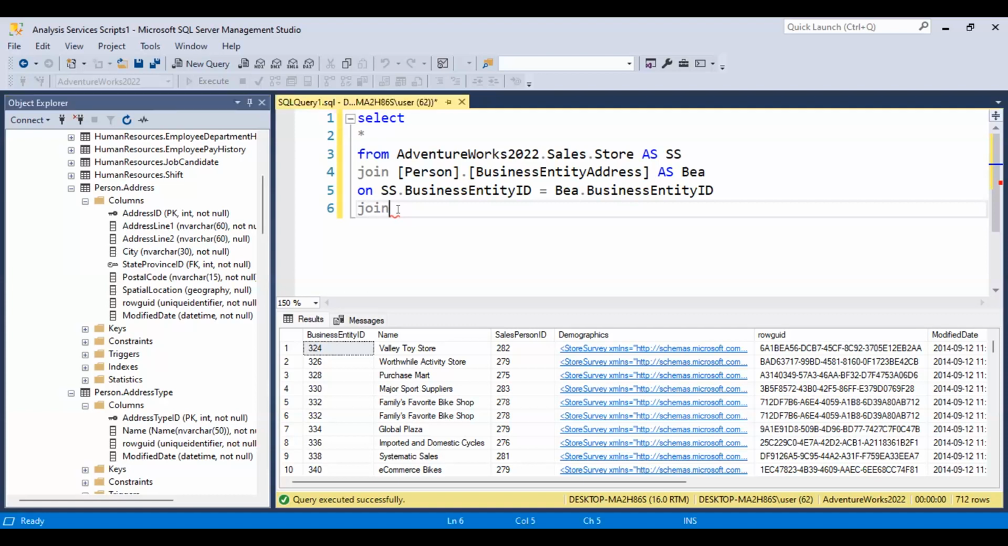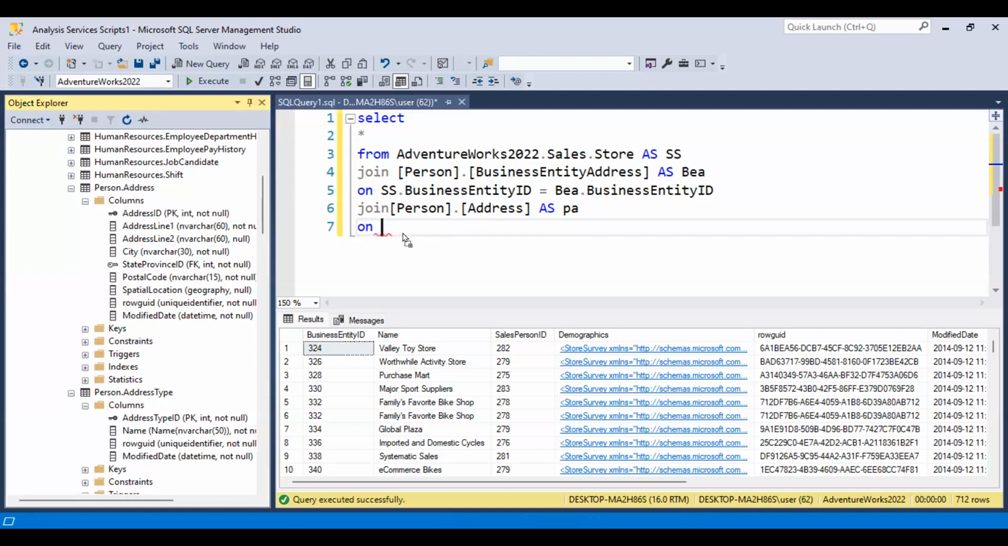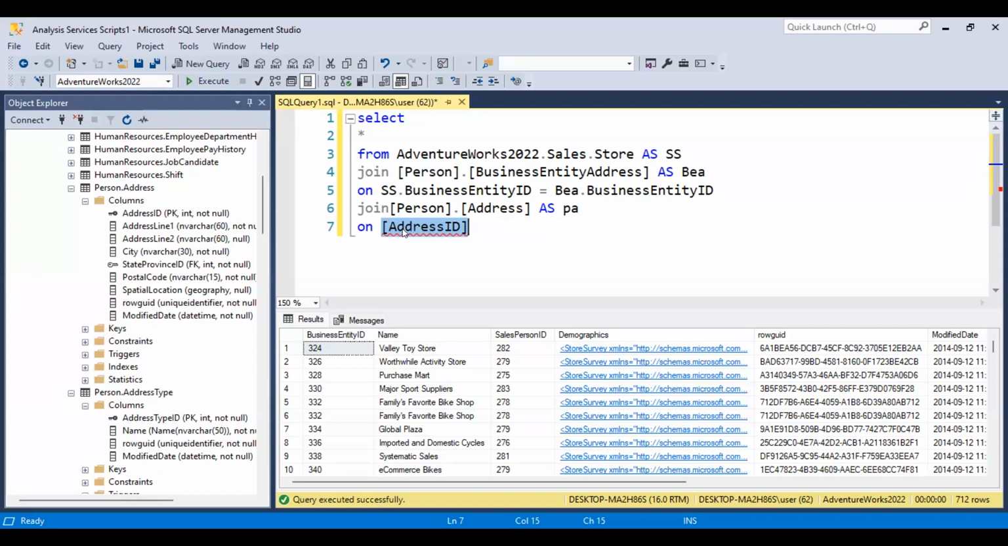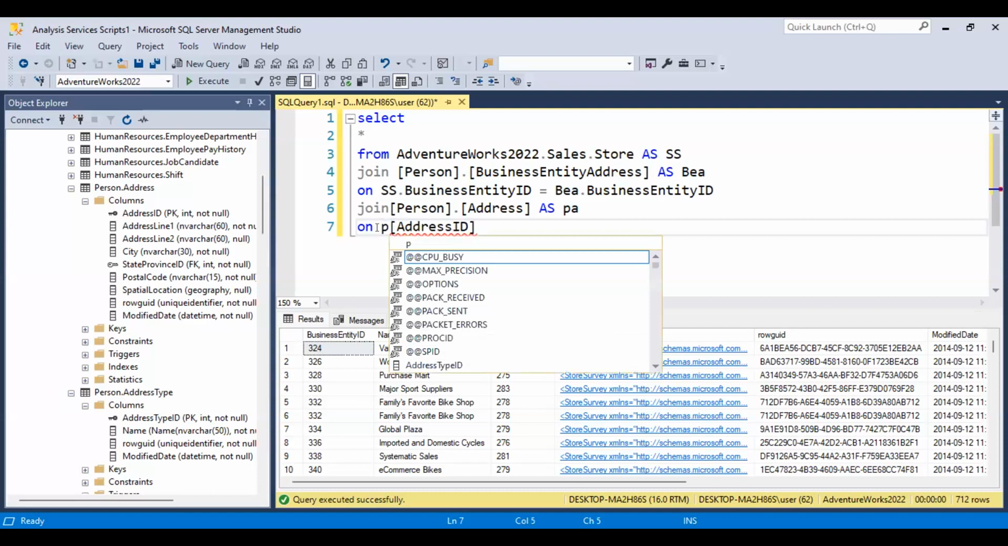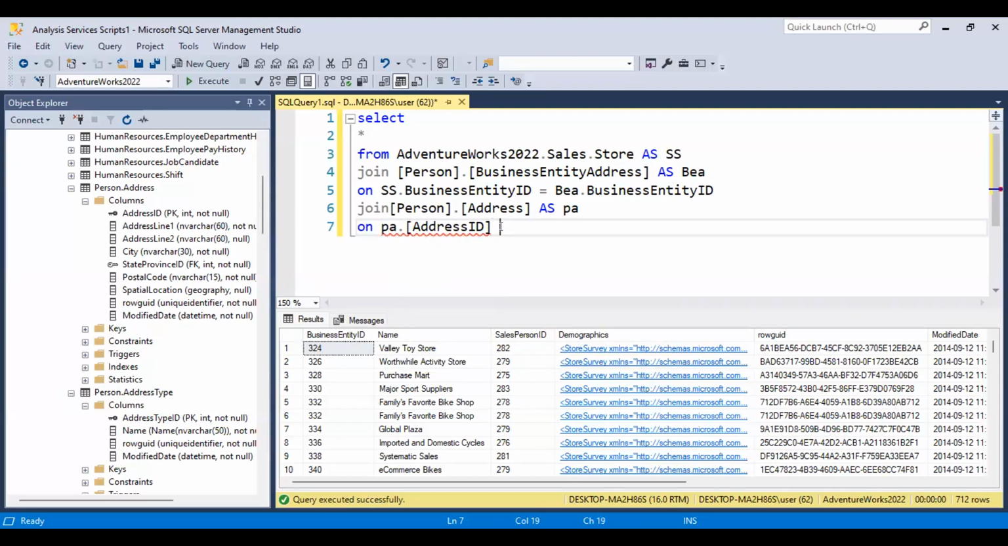So let's just continue. Join, what are we joining now? We are joining this as PA. PA is fine. PA on this. Does it make sense? So let's run. No, no. Okay, equals PA dot. You didn't put the PA dot. Okay, on PA dot, then equals to